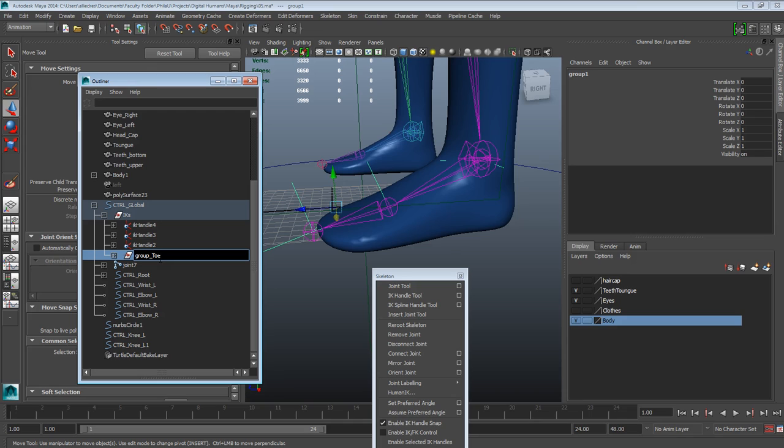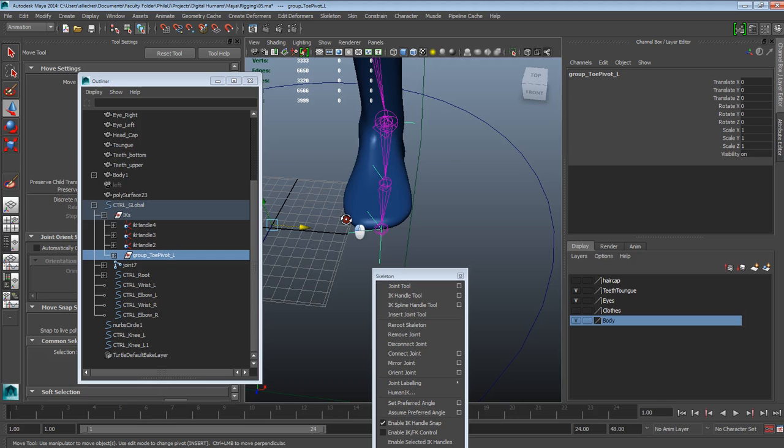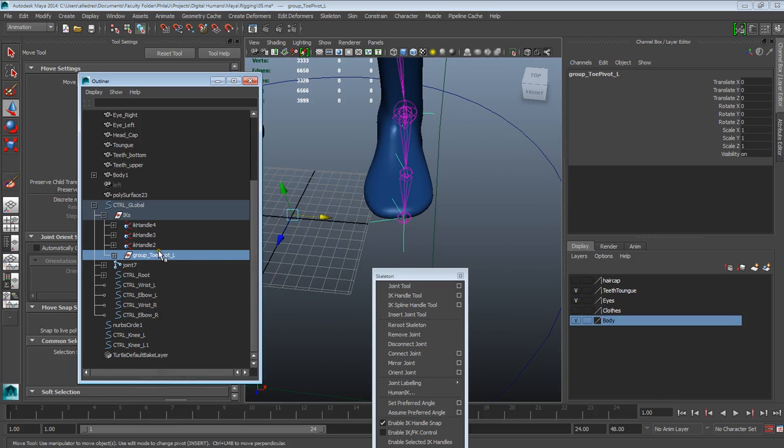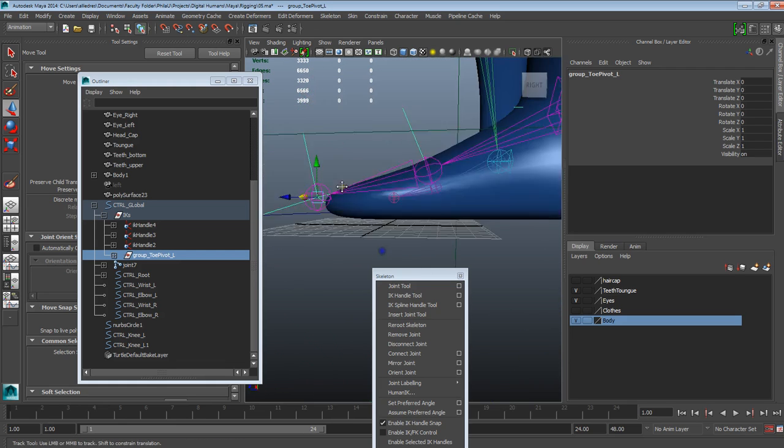toe and underscore left. Well, let's just call it toe pivot, so we're not confused with the other one that we created. Alright, so again, we have this new pivot from the group. Okay, and we're gonna hold D, and we can snap it to our toe there. So here,